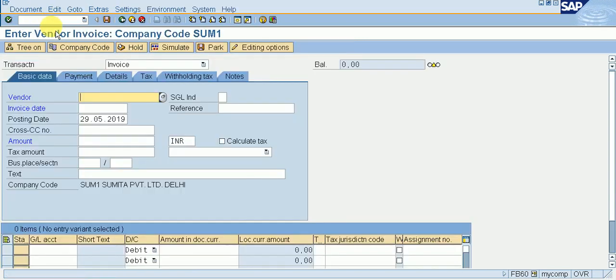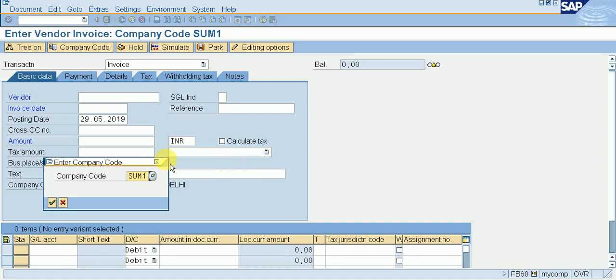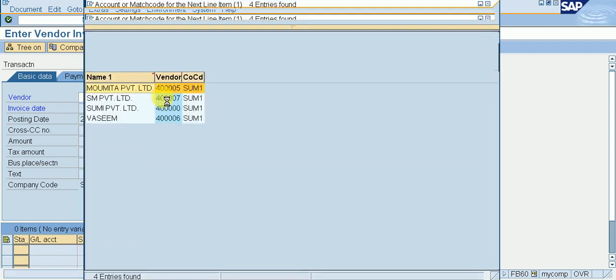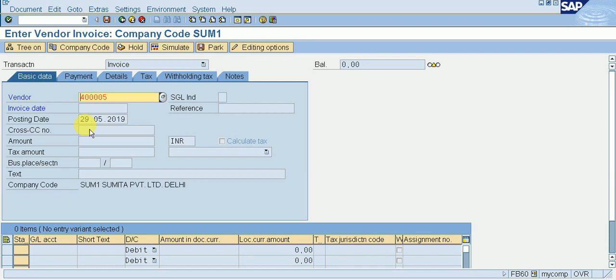Go to /n FB60. This is our page. Go to your company code. I'm already giving my company code here. My vendor is, okay, today's date.